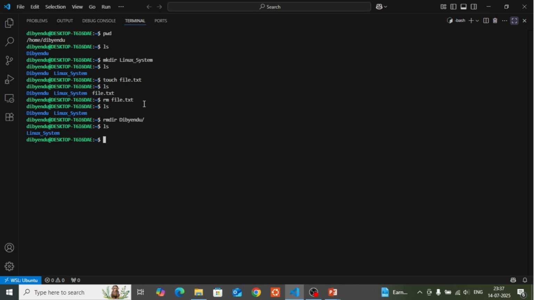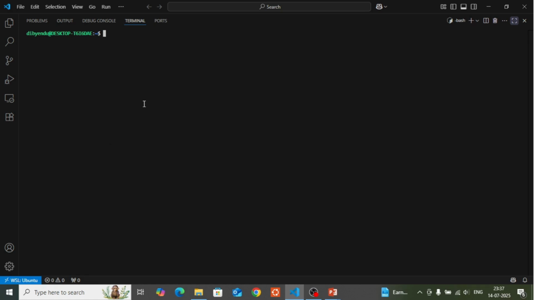Then we will clear the terminal. So now we will see here only our folder linux system. Suppose we want to go inside the linux system, how will we go? Then we have to use the change directory command, cd. Cd means change directory. We want to change from one directory to another directory, so we want to go inside that linux system. So cd, then the folder name,